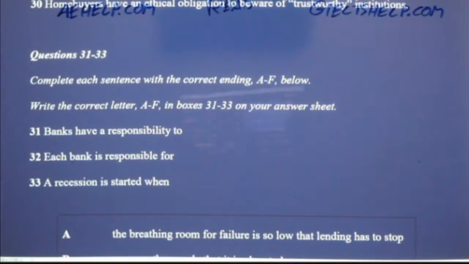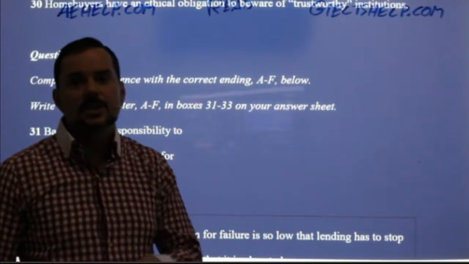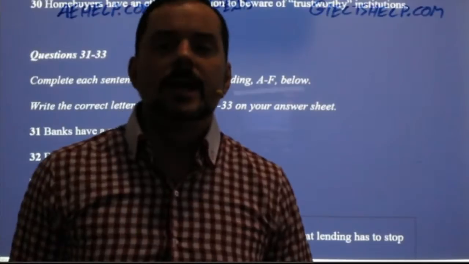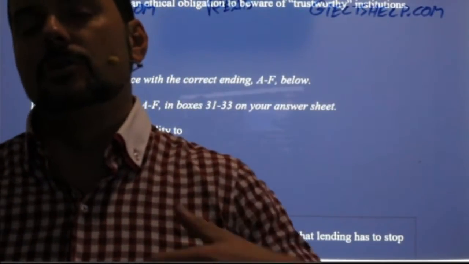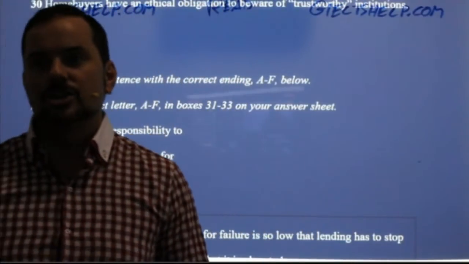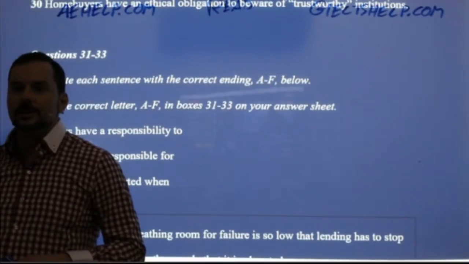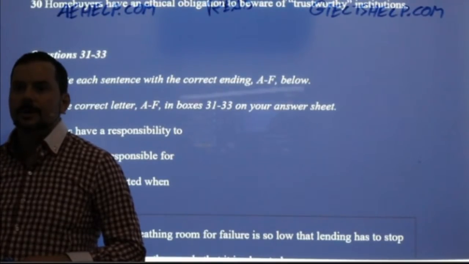All right, so here, let's try to answer these. So the way to do this kind of finishing with the correct sentence ending is to finish on your own and then to figure out the perfect match or the closest match. Okay? All right? So that's the way to do it. All right?